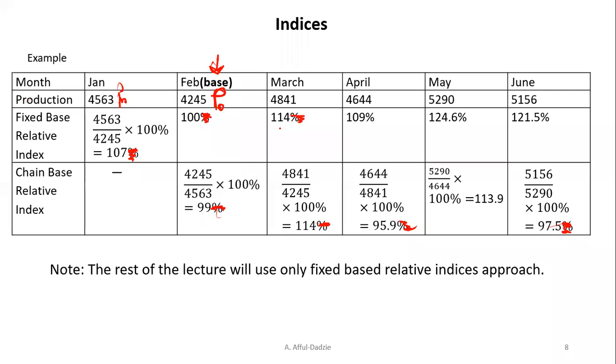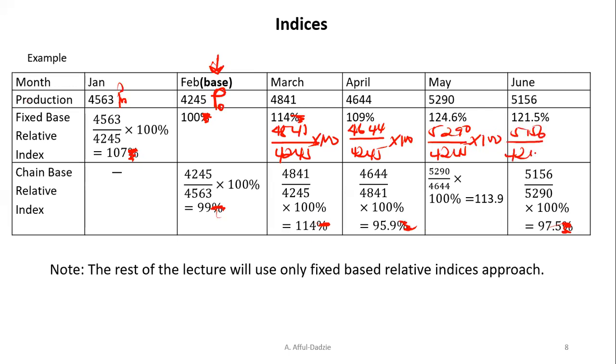In March, the index number here would be 4841 divided by 4245 times 100. In April, we'll have 4644 divided by 4245 times 100. In May, we would have 5290 divided by 4245 times 100. And then in June, we have 5156 divided by 4245